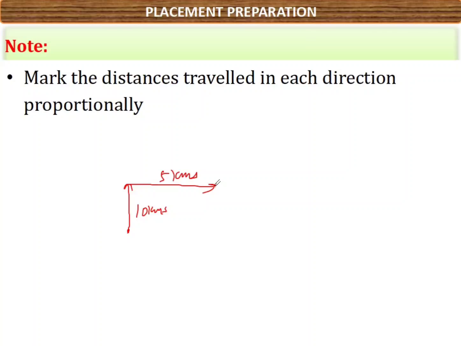Later, he will turn to his left. If he is going like this, his left will be definitely upside and he will travel for 2 kilometers. Observe, initially he went towards north, then he took right, his right will be towards east. So from here he took his left, which will be upside. Now tell me, whatever I have drawn in the diagram, did you all understand? I hope you have understood. And just see, is it correct?